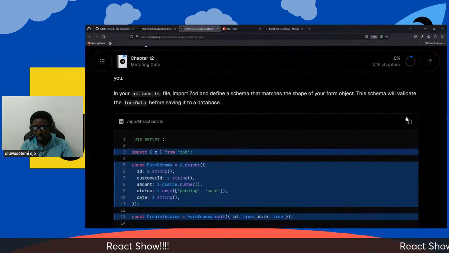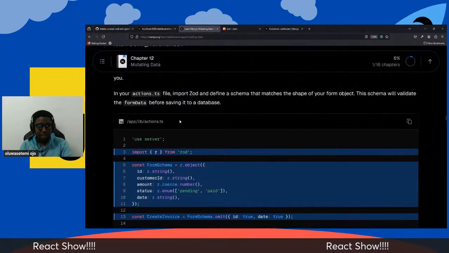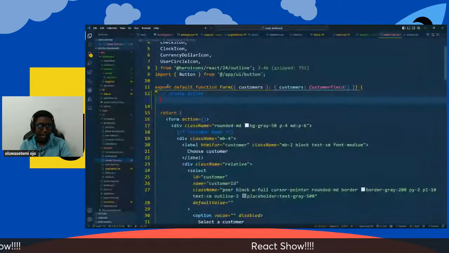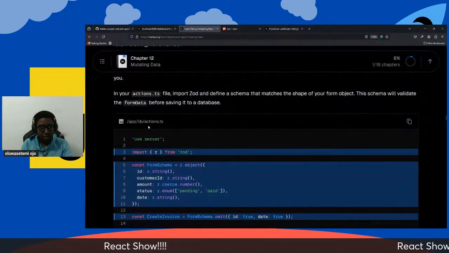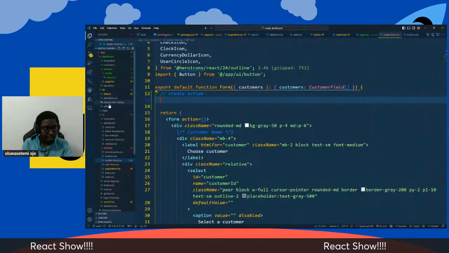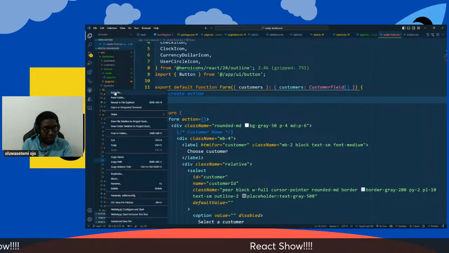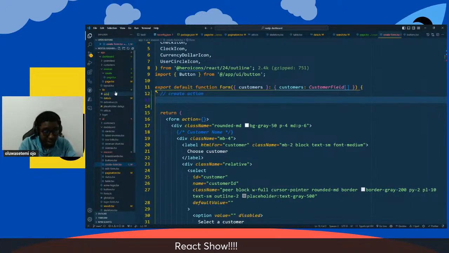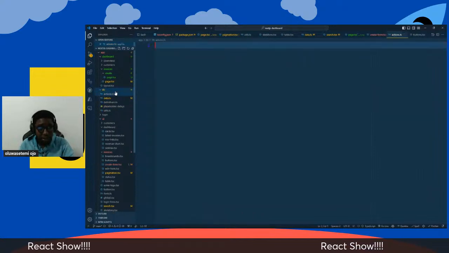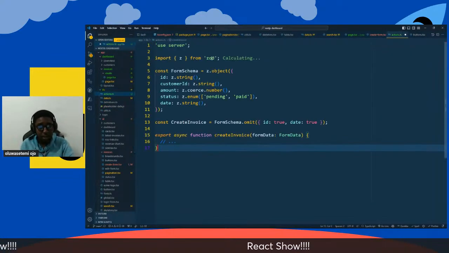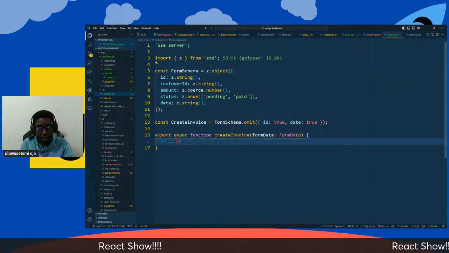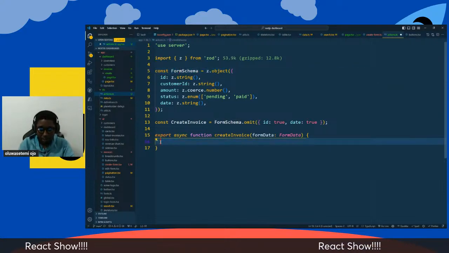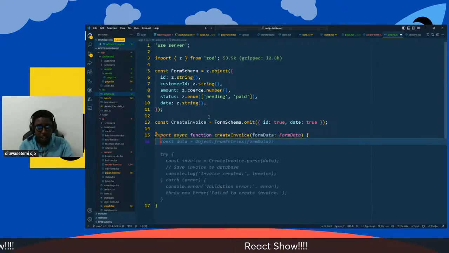So I can just copy this and put this inside our live.action. We are creating a new actions.ts, and we are pasting this whole thing in there. Import from Zod, create the schema, and inside of this we want to accept